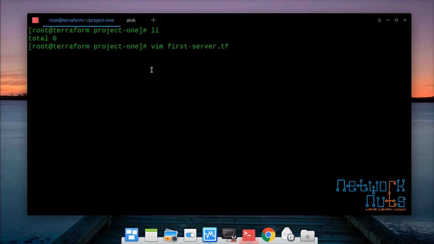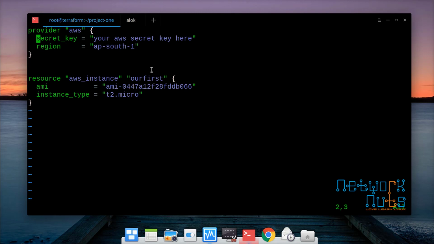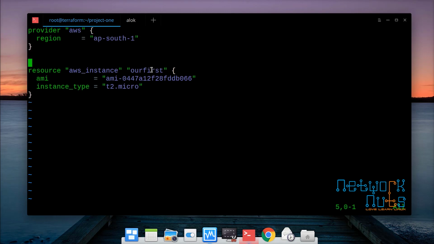right? And before creating it, if I give the Terraform version command, you see only the Terraform main binary is there. There are no providers installed currently in the project 1 directory. Fair enough. So I create the tf file and paste the code here. I remove these lines as I had already passed them as environment variables. This is a very elementary code which is just going to create an instance in the Mumbai region. AP-South-1 is Mumbai.